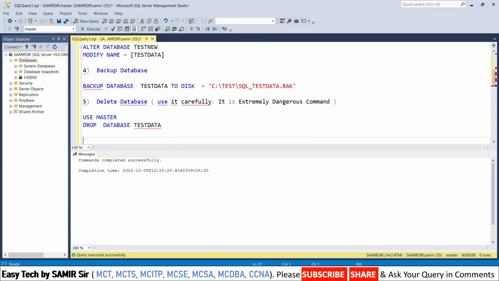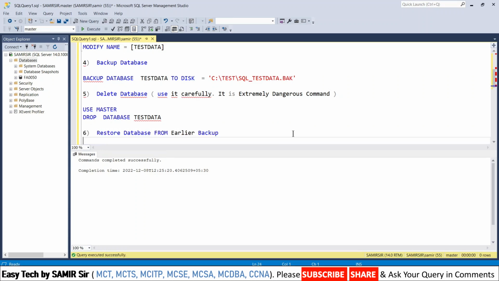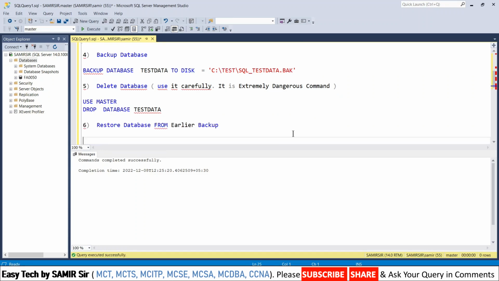Now the sixth query will be to restore the database. We have created a database, we have renamed or altered a database, we have backed up a database, we have deleted a database. Now the next part will be to restore the database from the earlier backup. We did the earlier backup using query number 4. So using query number 4, I am going to restore it. So I'll say restore,